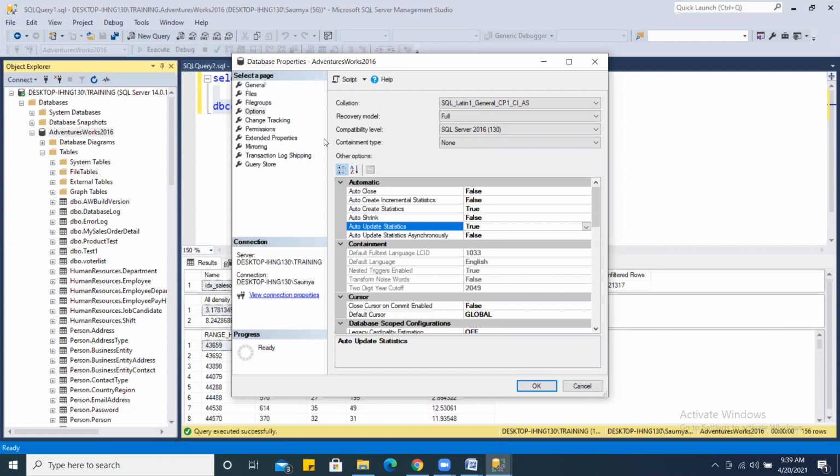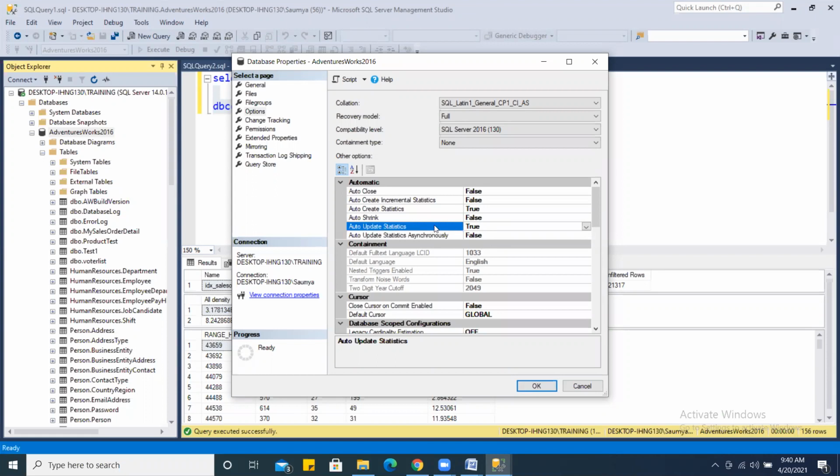Your statistics will be updated only when there is a modification of more than 2 lakhs of rows, because 2 lakh is 20% of 1 million. 1 million equals 10 lakhs. So 20% is 2 lakhs, and whenever it comes to that, this auto update statistics will come into the picture. There is a drawback with this option.